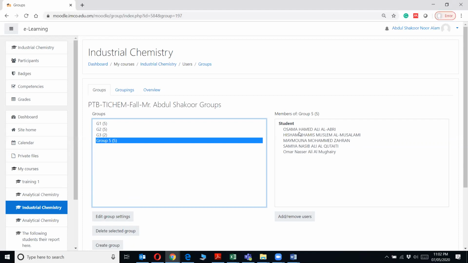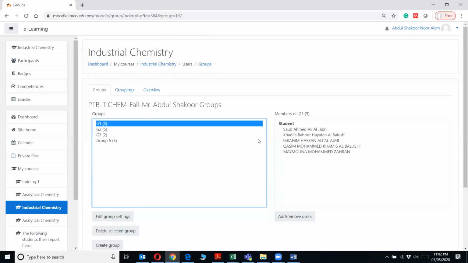Can you repeat this step, sir, again, please? You create the group before receiving the assignment, okay? Suppose I created it today and I asked my students to submit the assignment next week. In the first group, I will receive the assignment from maybe 5 students, correct? I will mark only one student with the criteria.